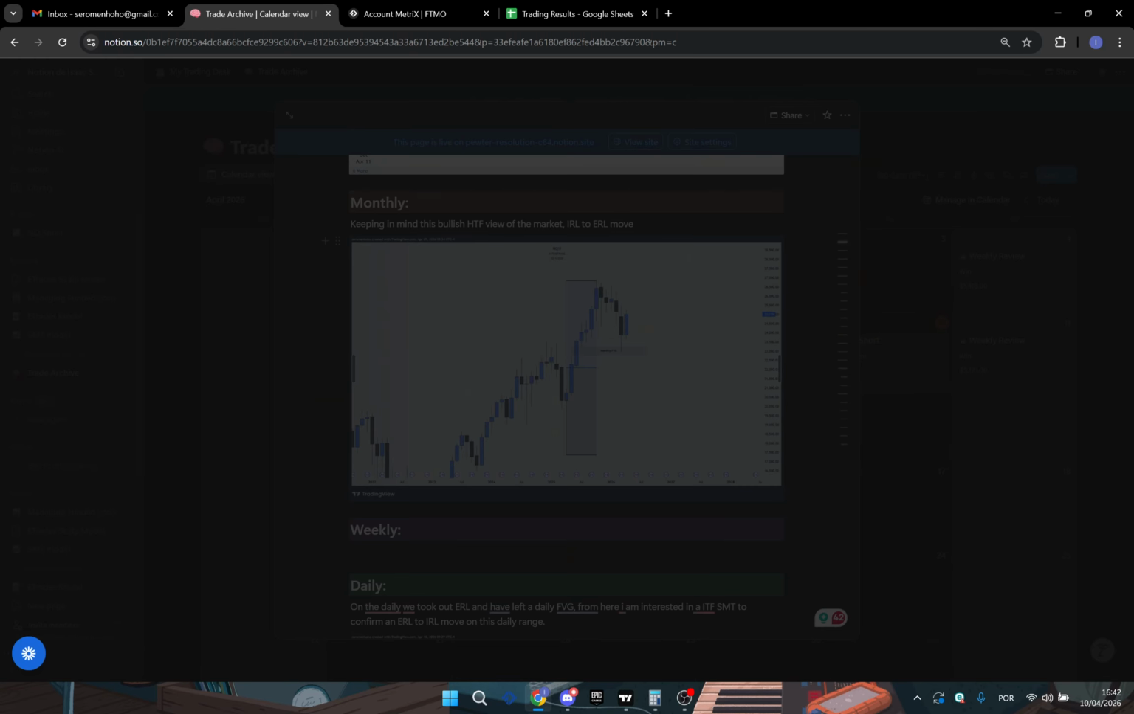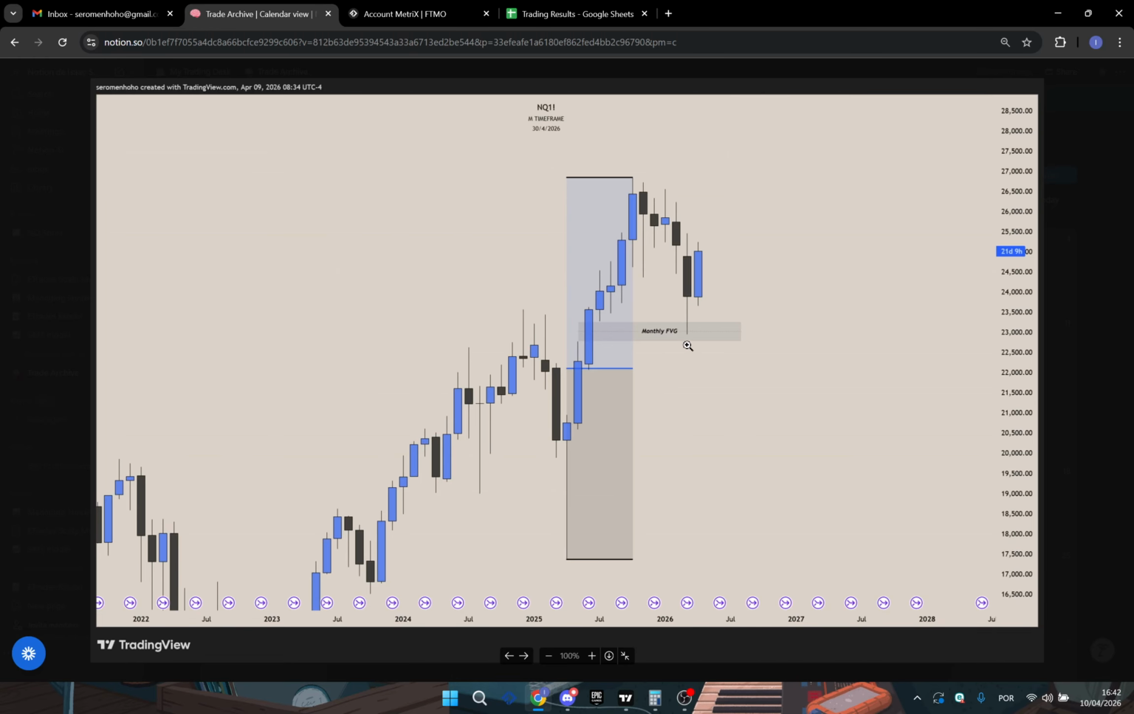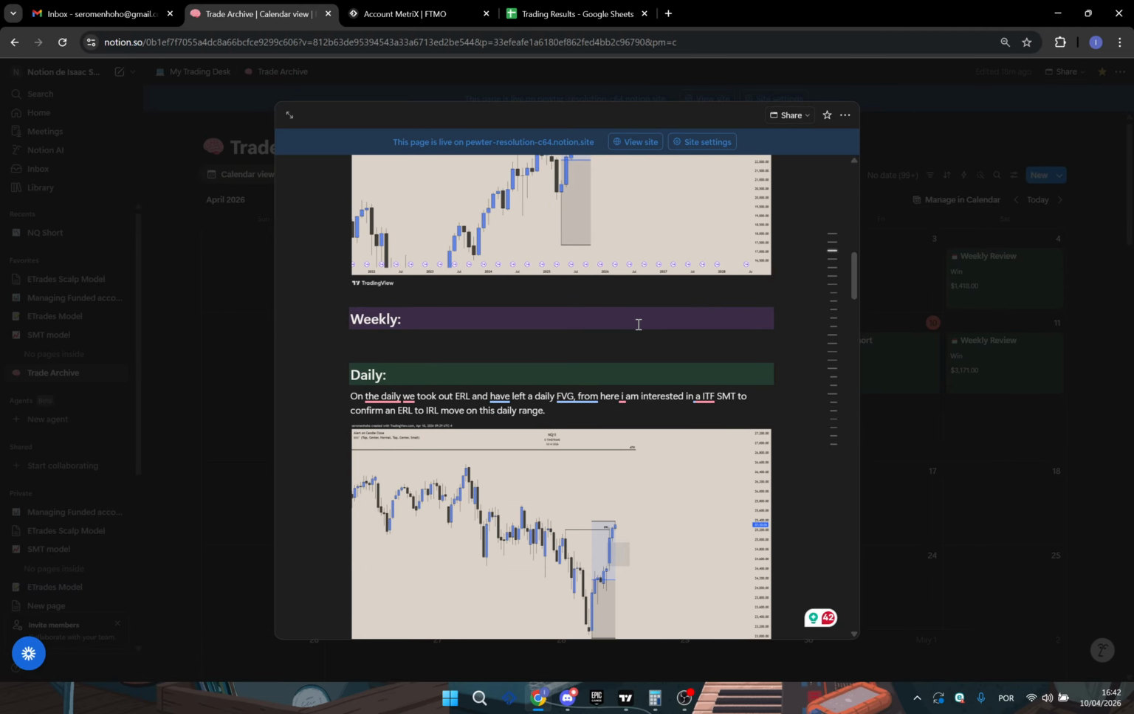Same deal here on the monthly chart. Still looking at this nice bullish reaction from this fair value gap. Could possibly see an internal range liquidity to external range liquidity play, but that is just a broader, higher time frame view on the market. So when we go down to the daily,